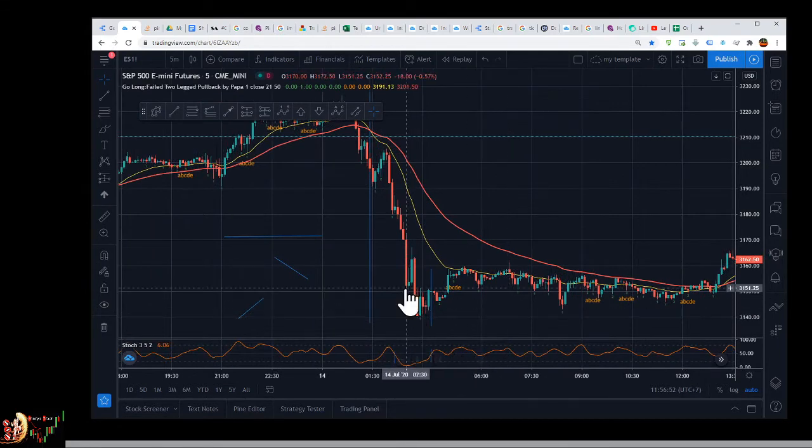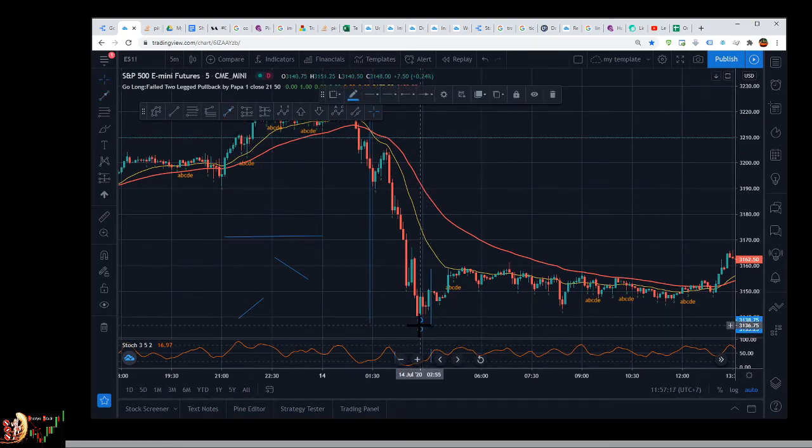So I was here, right? Here the SMA is angling down, the stochastic is below 50. So when it's below 50, I will search for the lowest bar within this portion. So the lowest bar is this one, this bar right over here, right? So this will be impulse 1.